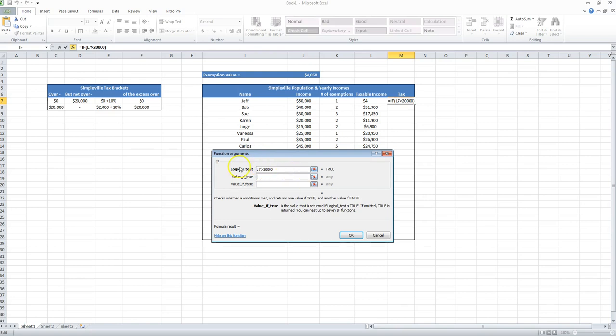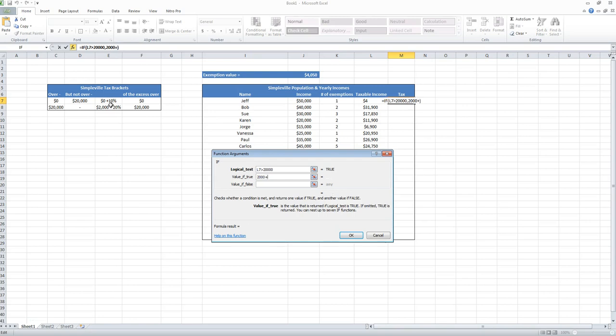Alright, if it's greater than 20,000, then we're going to be in this bracket, so they're going to pay equal